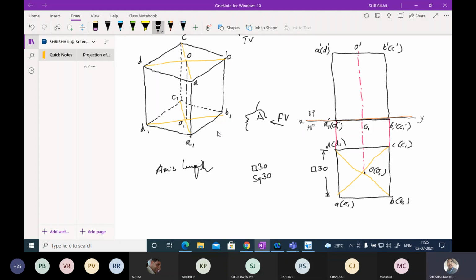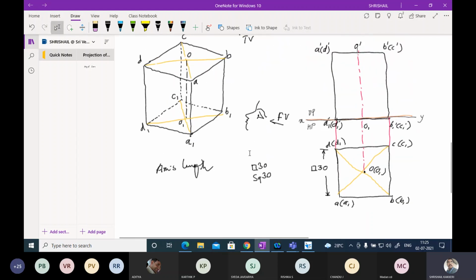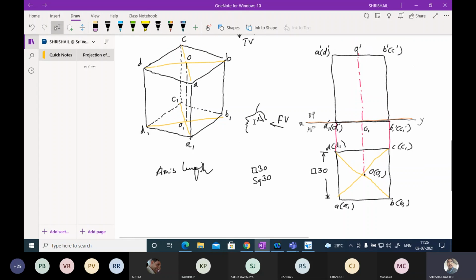Okay, so please try to see carefully and try to write it. And next, while you are going to write, this is how the square prism, the square pyramid, the square prism is resting on one of its edges, that time this is the case. It is resting on one of its edges, that time it will be the case. And once it is resting on one of its corners, then the corner has to be taken this side.